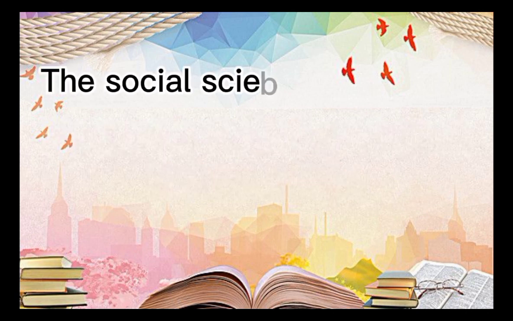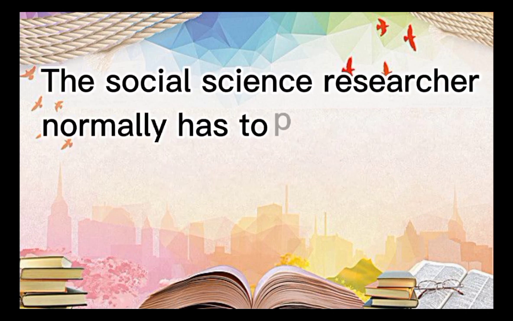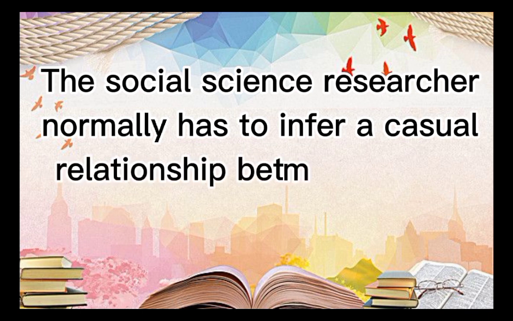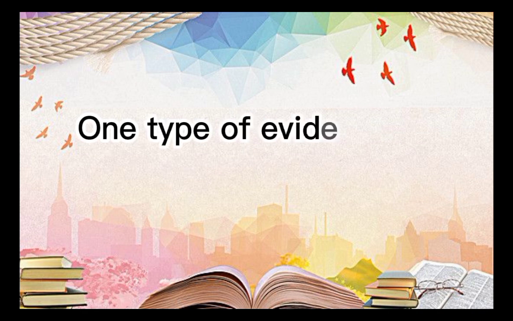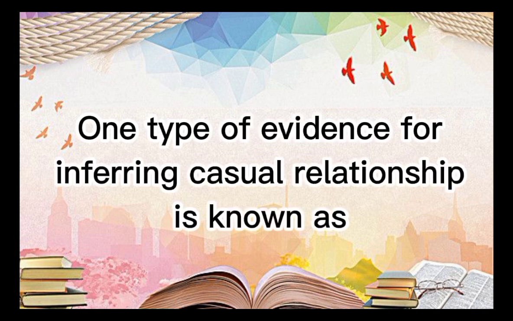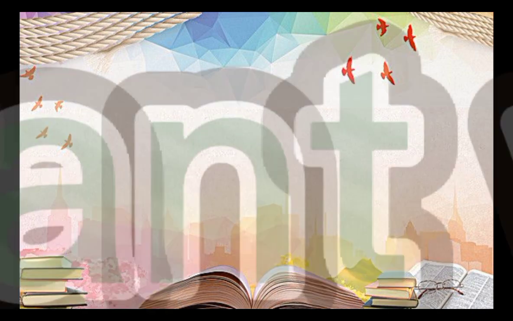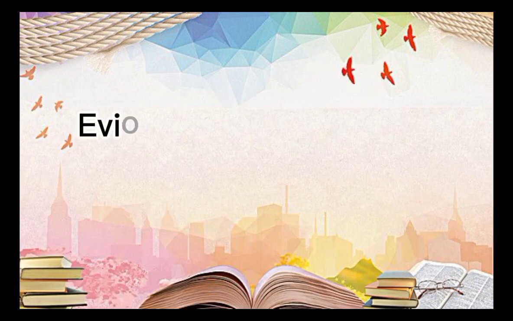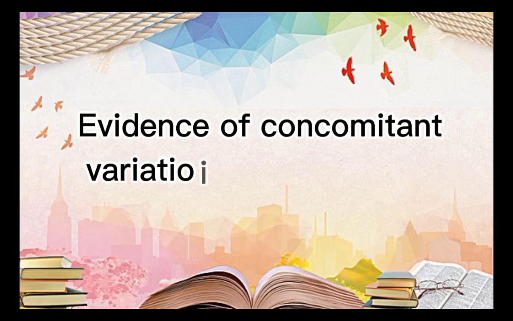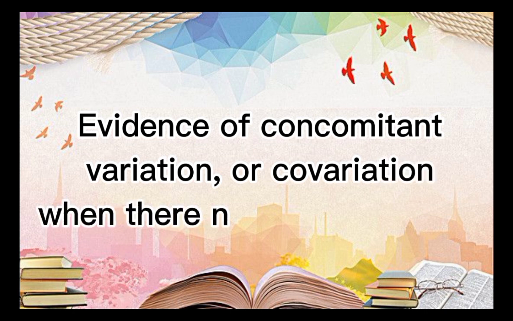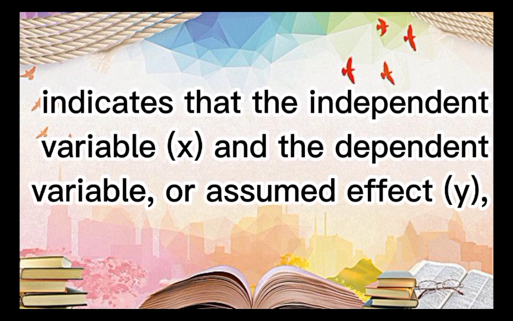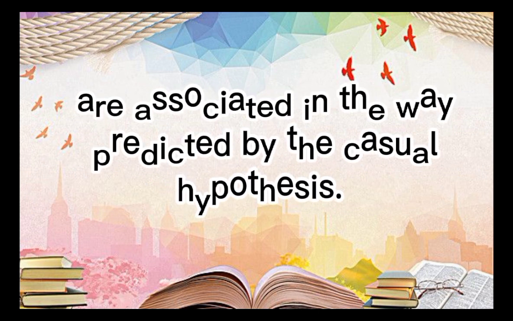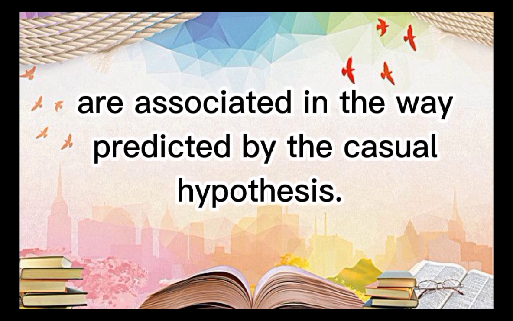Basis for inferring causal relationships. The social science researcher normally has to infer a causal relationship between two or more variables based on the data gathered. One type of evidence for inferring causal relationship is known as concomitant variation. Evidence of concomitant variation, or covariation when there are two variables, indicates that the independent variable X and the dependent variable, or assumed effect Y, are associated in the way predicted by the causal